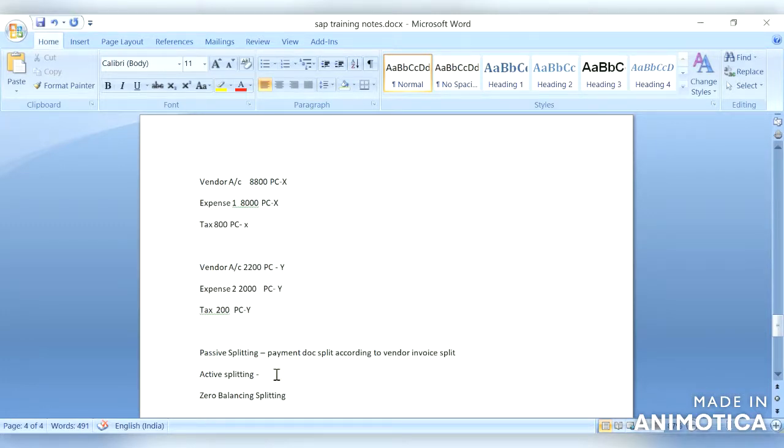So as we understand, the active splitting is done based on predefined rules in ERP.